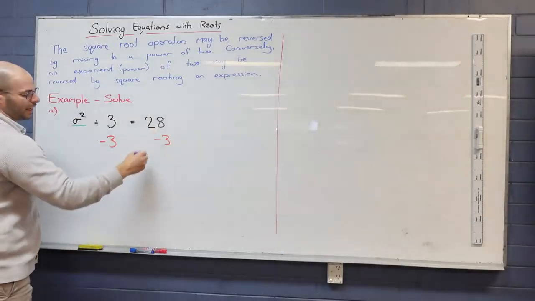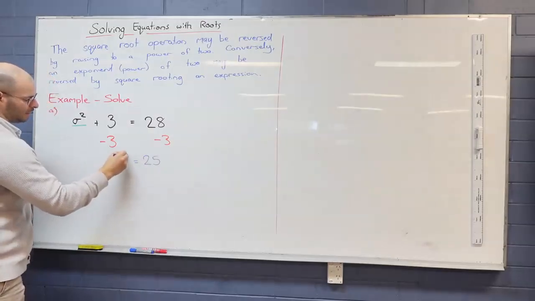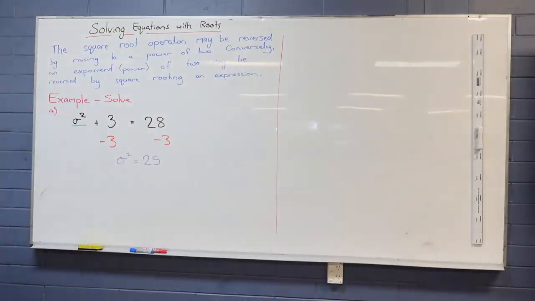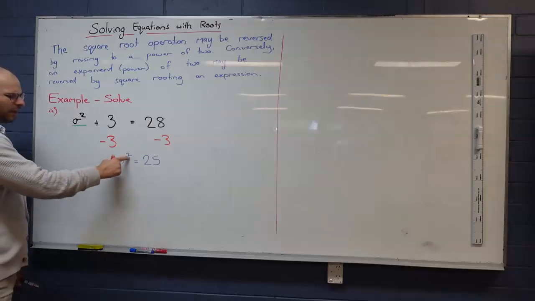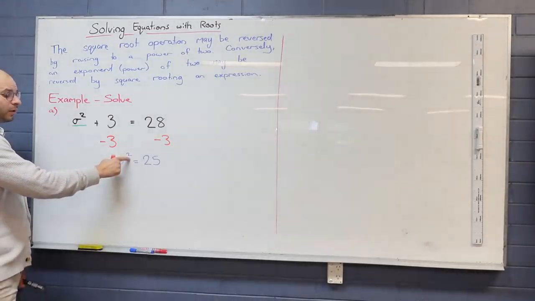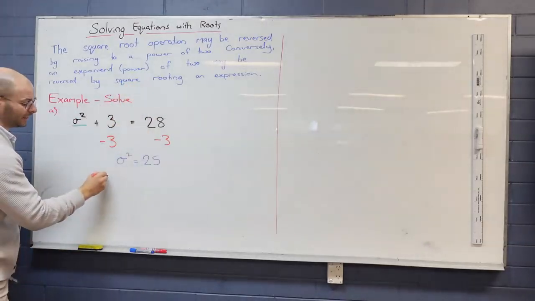We discover 28 take 3 is 25, and sigma squared equals 25. It's at this point we're trying to get rid of this square operation. Now we could think to ourselves, what two numbers multiplied together gives us 25? But there's an easier way to do this. We simply go, a squaring operation can be removed by using the square root on the expression. So I can simply say,